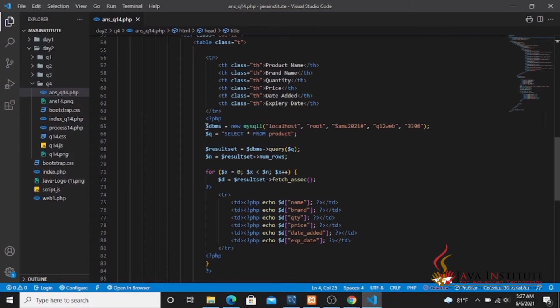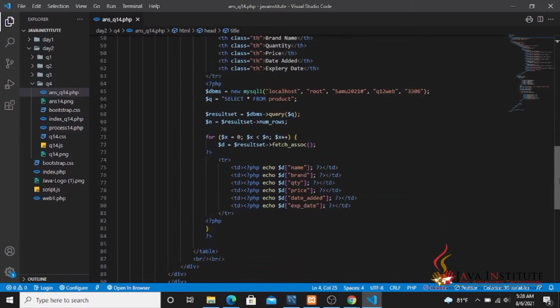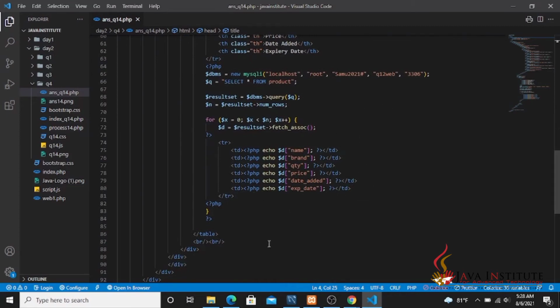And I have made this database connection here, and I have written the query as select all from product. Then I have gained the result set and the number of rows of that result set, and I have made a for loop here, and within that for loop I am creating the table rows unique for each and every table row of the database table.